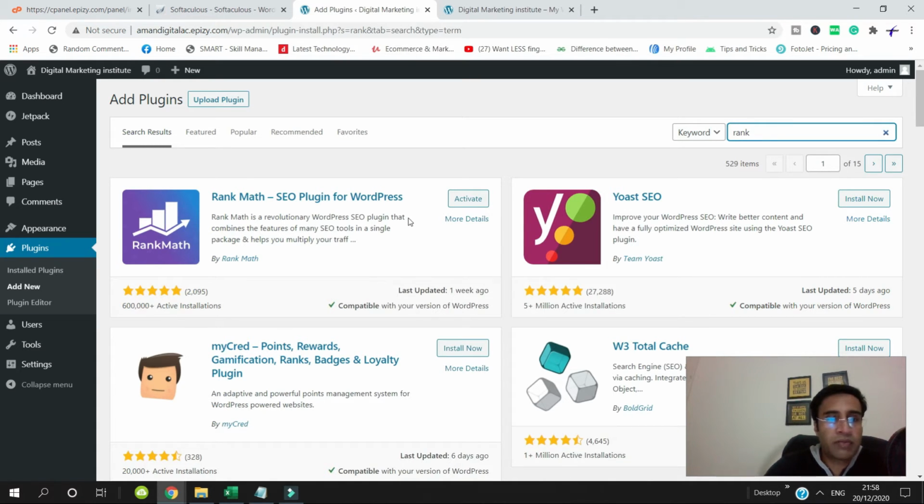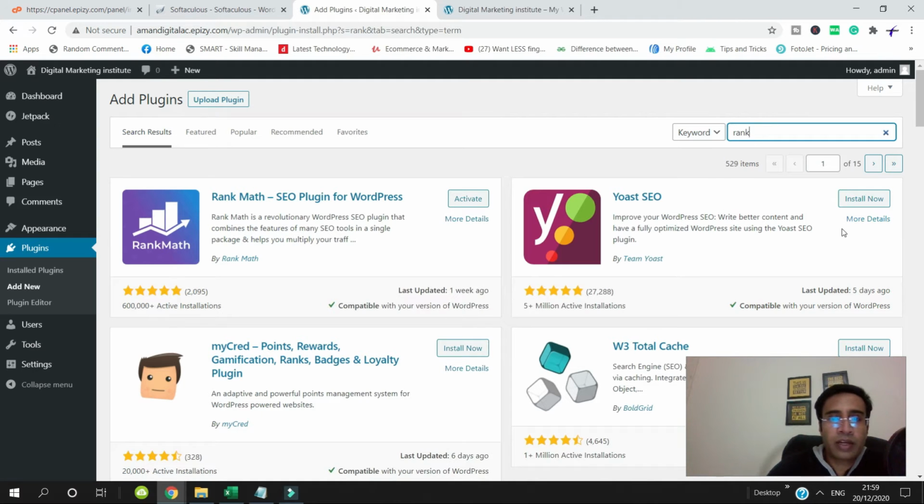Whatever content you put, your content will explode on other social media platforms. This will also give you an idea of how many visitors are there on your blog, what the daily rankings of the website are, how the user experience is, everything you will get in Rank Math.